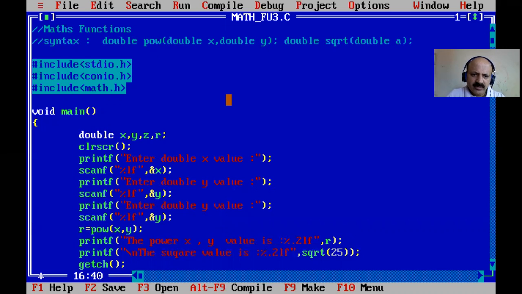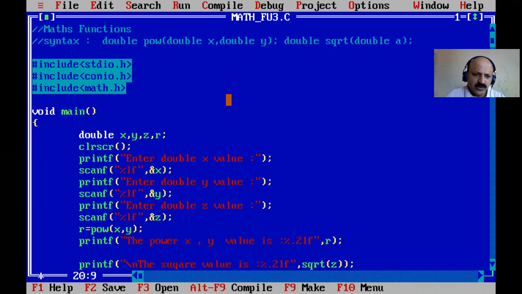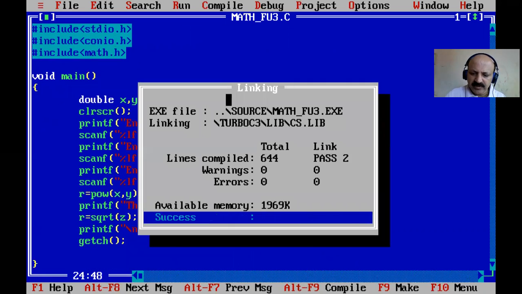We can already define one pair perfectly. Then we can call the other function as it is used. So here I just pass the z value, and it is also possible to use r and then the square root and pass z here. That is also possible. Here I remove it and print our r variable, so that is also possible. So it's a very simple way. So now there is a third pair. So in total we have learned 6: first abs, fabs, then ceiling and floor, and now power and square root.